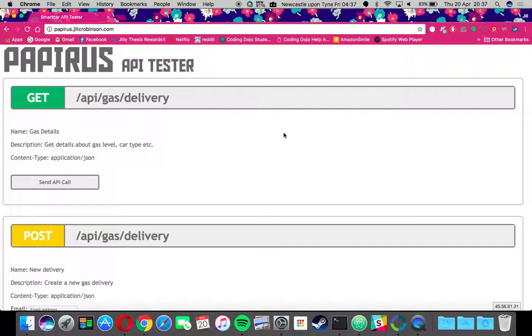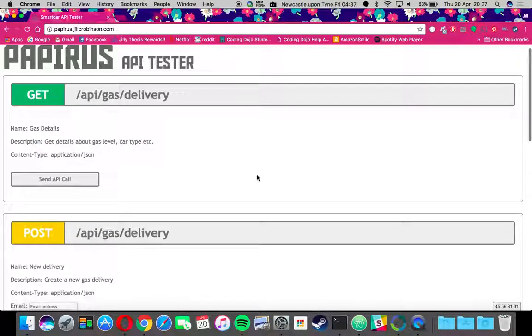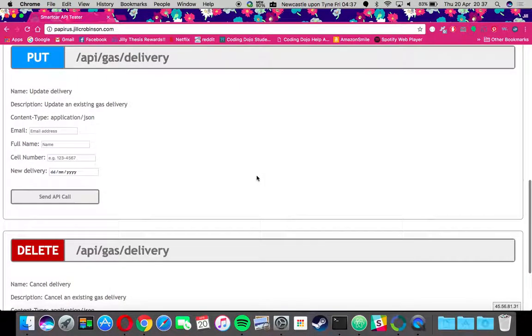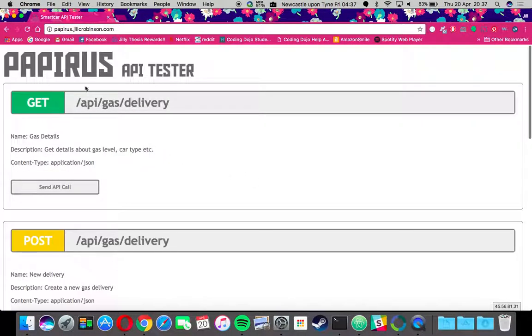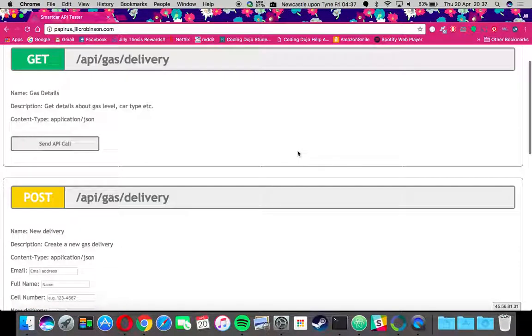So I was building this app with a kind of connected car in mind. So I decided to go with the idea of having gas delivered to your car and to have a look at how much gas is left in your tank and to schedule a delivery and things. Okay, so I have 4 different APIs. I have a get, a post, a put, and a delete call, all to the same URL,